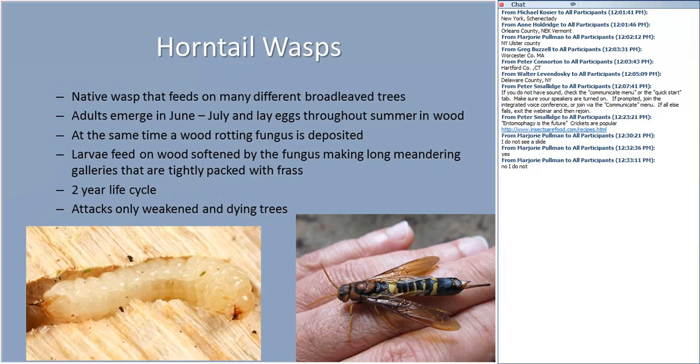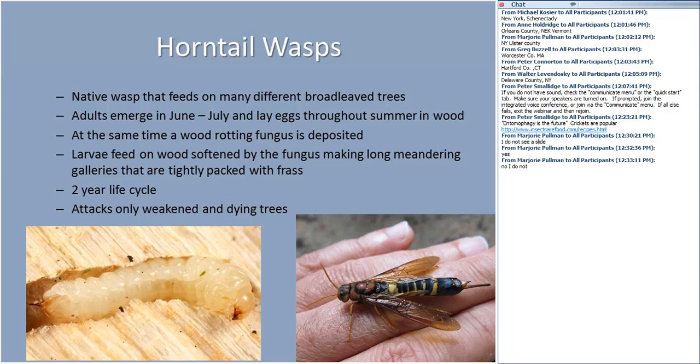So, thinking about wood insects, the horntail wasps, I think, are one of the coolest that we have. This is a native insect, and you might have heard about the Sirex noctilio. I'm trying to think of the common name, but it feeds on pine trees. This is a very similar insect to Sirex. Sirex is a huge problem in the southern hemisphere, where the non-native pines have been planted and grow rapidly. Here, it's a native insect. I think it has natural control mechanisms in place so that the populations don't go crazy.